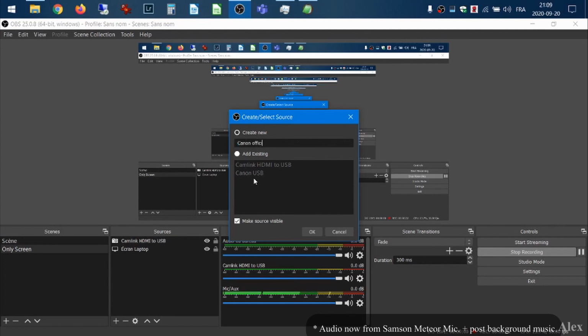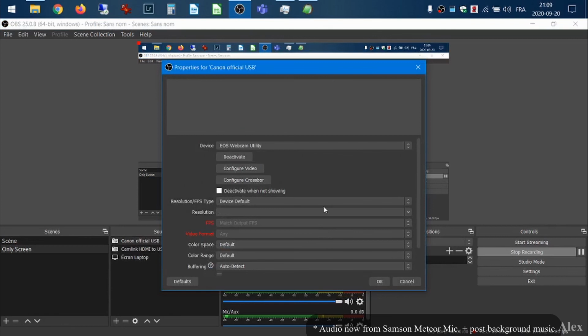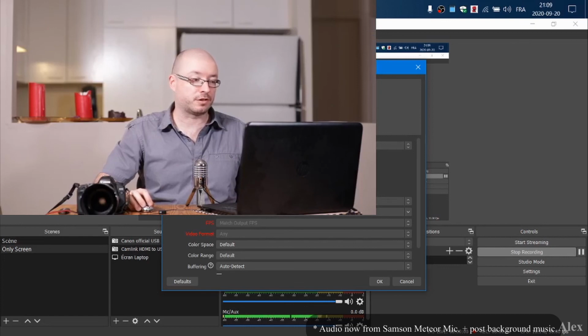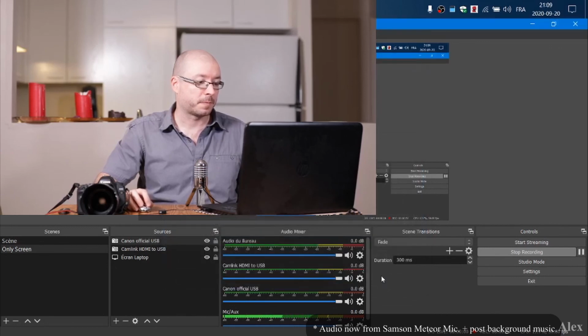Canon official USB. Okay, and then the device actually put itself as the EOS Webcam Utility automatically, but usually you would have to search for it here. I'm going to leave everything by default, should be fine. And there I am. Let's put that full screen. So when you're actually working, I might put that differently, so the video is full right now, but usually when you stream with OBS, you will use a corner,